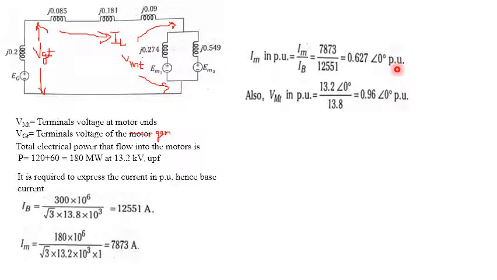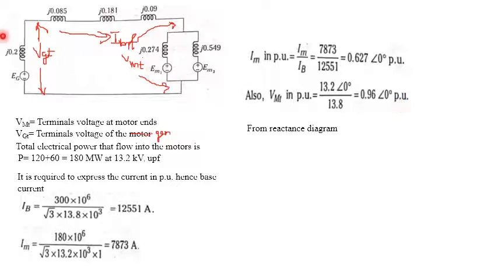So we have to calculate VMT. Why are we doing this? We are considering this is IL or IM, whatever the thing. You can consider IL or IM, whatever the current which is flowing is the same at this point. Okay, so what is the VM value? Actual value by base value. This is working at 13.2. Is it right? 13.2. Base value is 13.8. We will get 0.96 at angle 0.